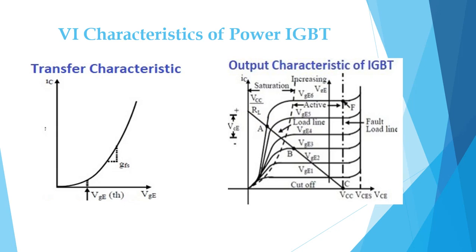But what happens here is, if you are not giving any input voltage between gate and emitter, no conduction takes place. There will be no n layer, negative layer or electron sublayer formed under the silicon dioxide. Thereby no conduction takes place because the J2 junction is in reverse bias. That region we can call the cutoff region, which we can observe in output characteristics like this. This is totally the cutoff region when there is no gate voltage applied to the device.